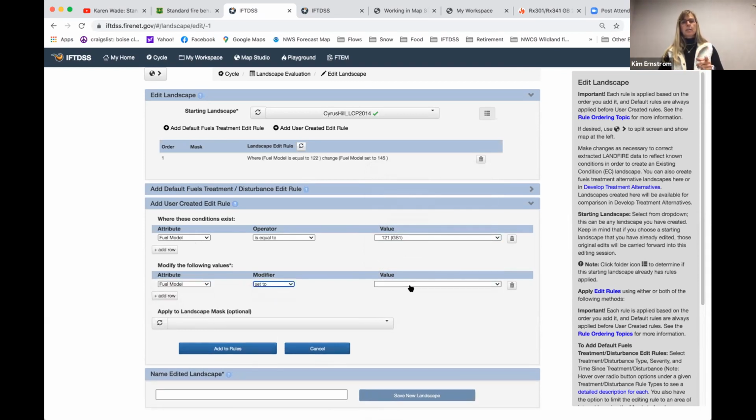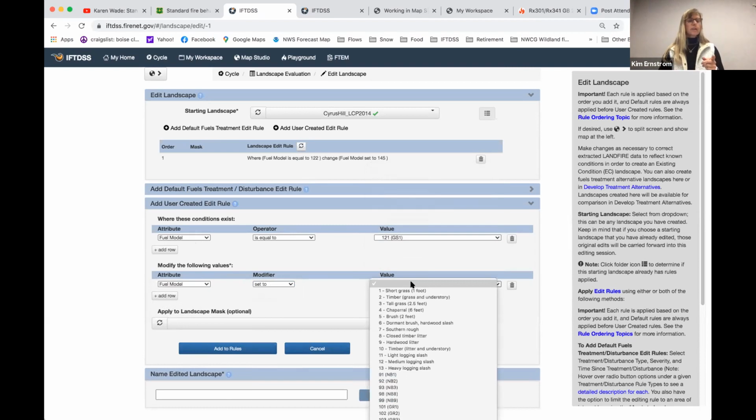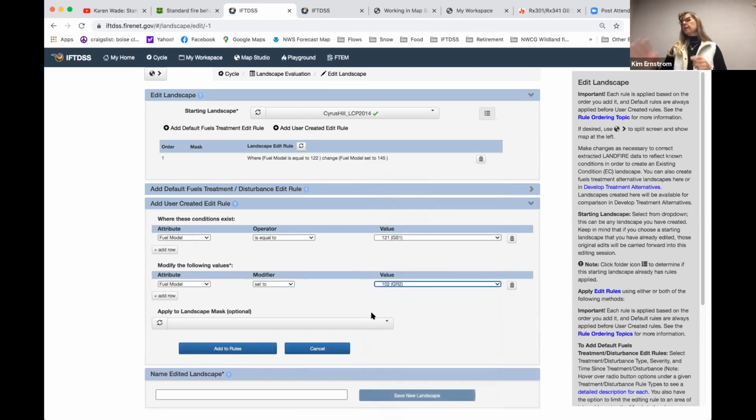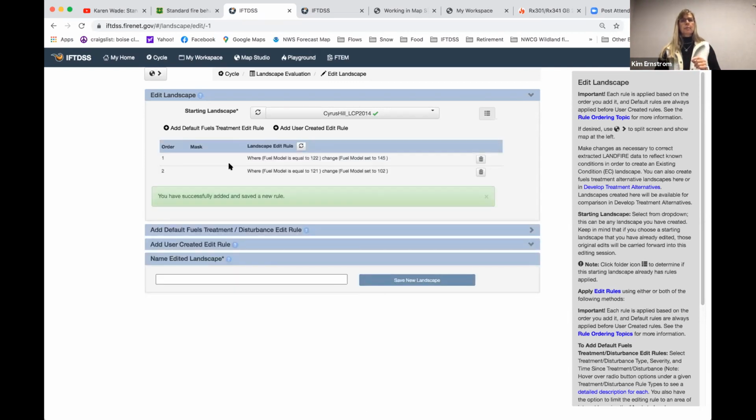I'm going to set it equal to a GR2, which is a 102. So all of the GS1 on that map is now going to be told it's going to be GR2. Okay, so that's the first change. Add to rules. There's my rule. Okay, and then the second rule I'm going to make,